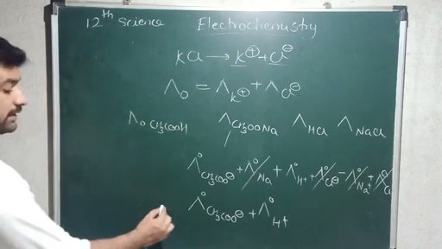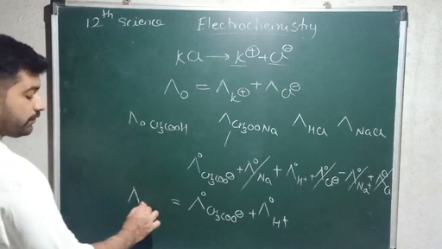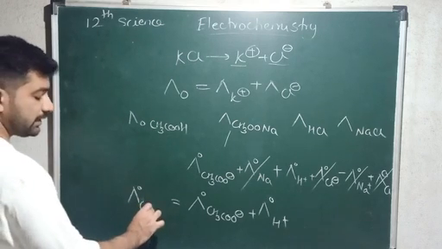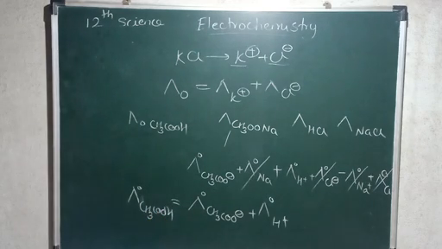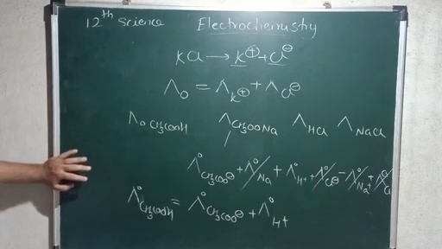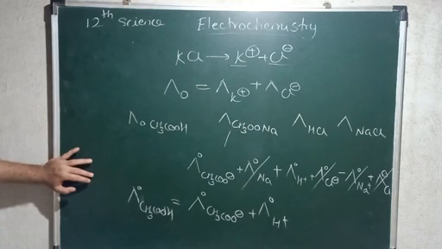So in this way we have now found out the molar conductivity at infinite dilution for a weak electrolyte. So in this way, we have a fantastic way by which we can find out the molar conductivity of electrolytes